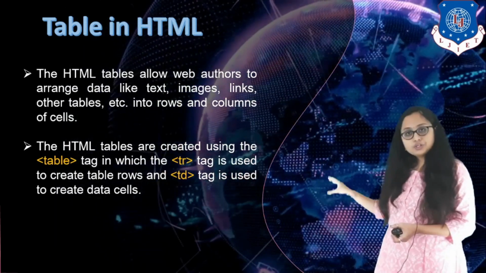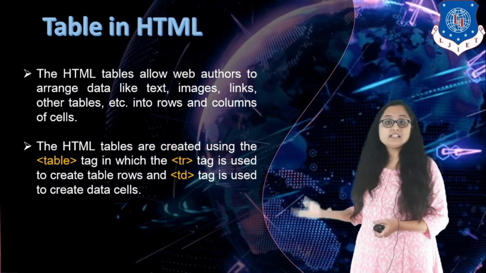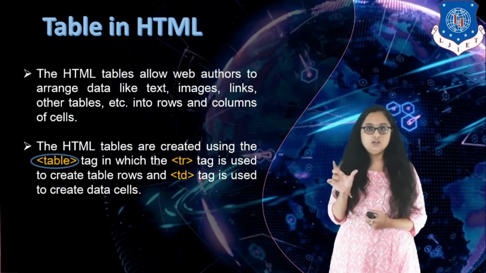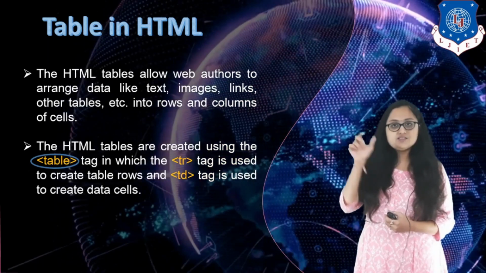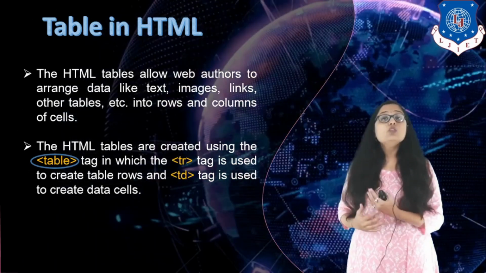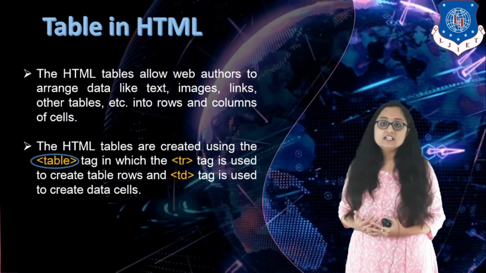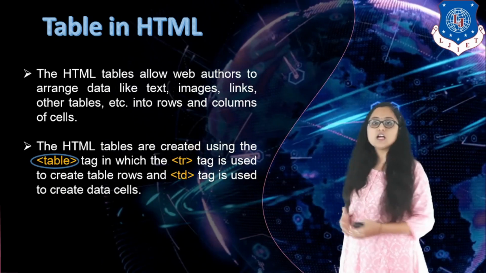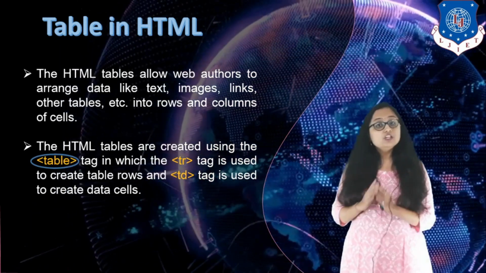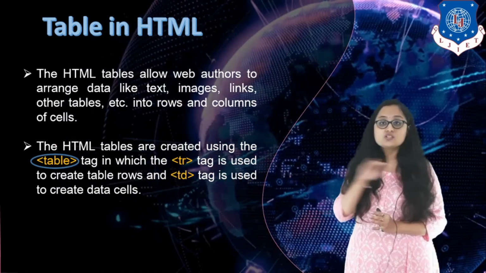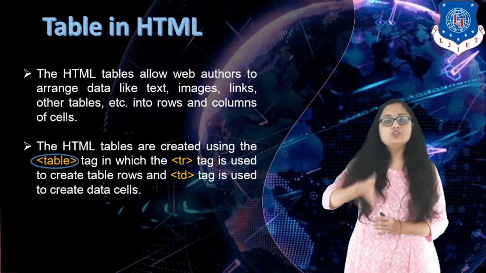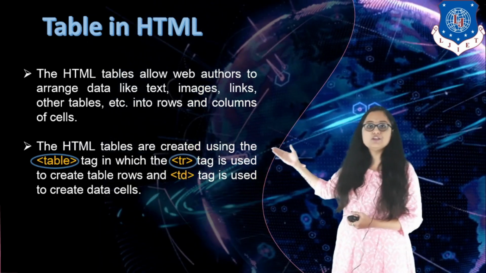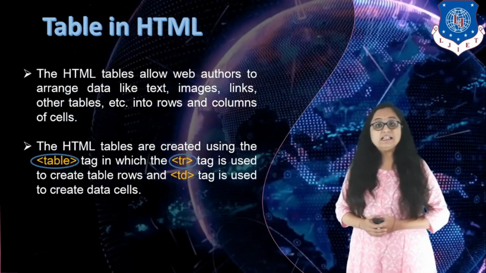So if you want to create a table, the HTML tag that you have to use for creating a table, the parent tag, is table. Okay, so you have to write the table start tag and end tag, then only can you write the other child tags, as a result of which a table will be created. Now let us see what are the child tags that you need to write. We know that a table consists of horizontal rows and vertical columns. So if you want to create rows in a table, which tag do you have to write? Here you have to write the TR tag.